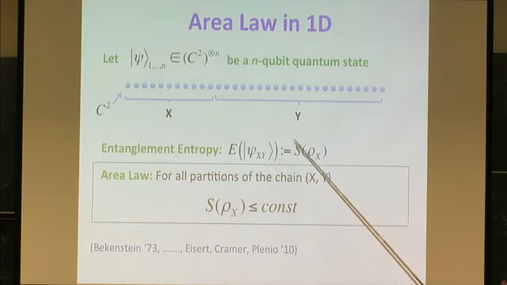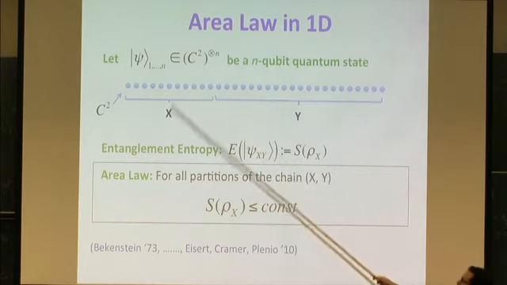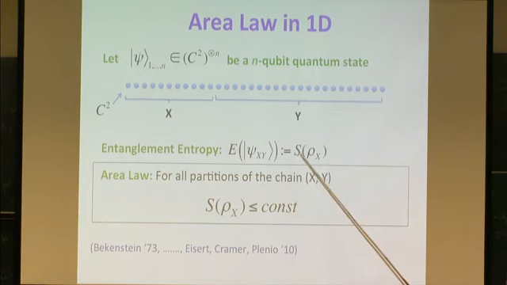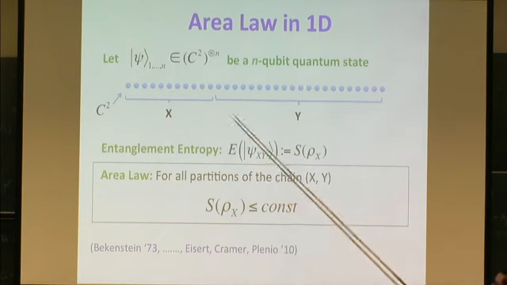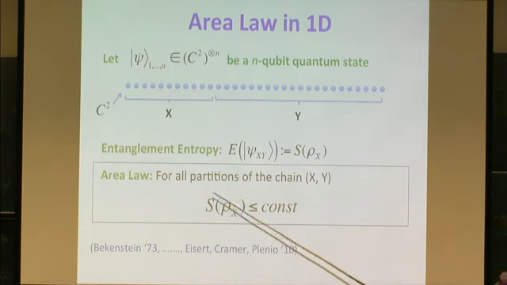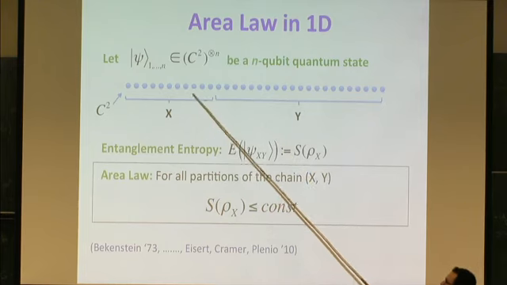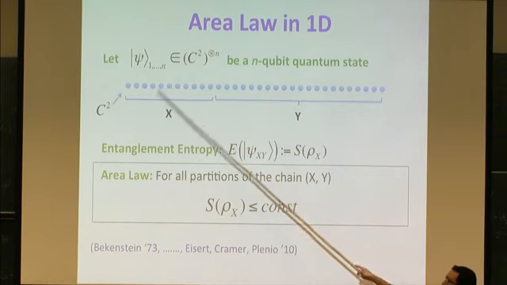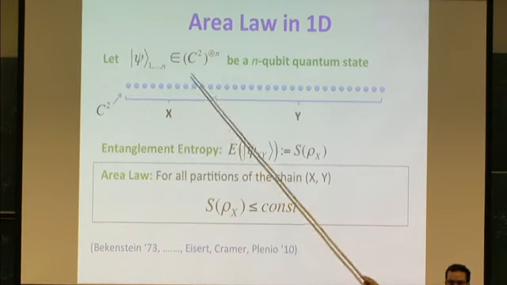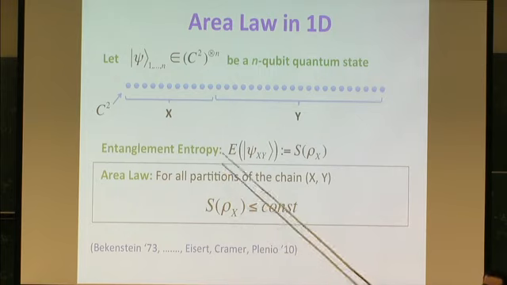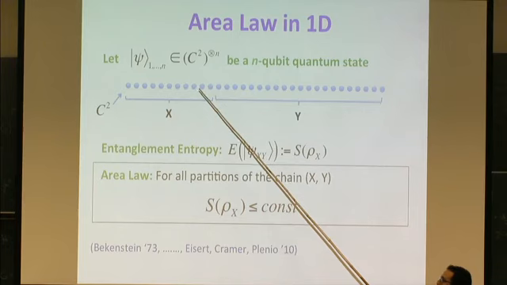We should just look at some entropy measure of the reduced state. So for example, look at the state on x, and we compute either the von Neumann entropy or some other entropy. The more mixed the state is, the more entangled x is with y. If this is the von Neumann entropy, we would expect that usually the amount of entanglement scales with the volume of x. We say that the area law holds if this is not the case, and the amount of entanglement only scales as the boundary of x, which is constant here.